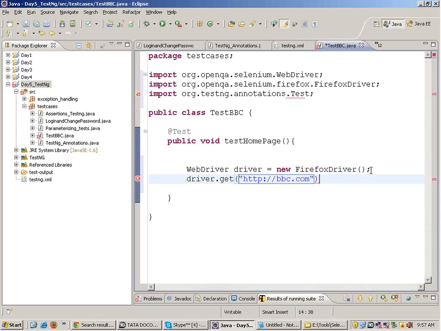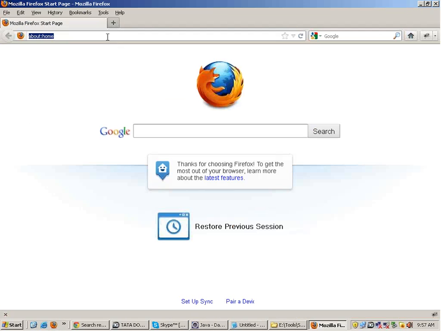Now the thing is, always mention the protocol. Never ever forget to mention the protocol. Otherwise this will not start. Fine. Now suppose if I physically open a browser and I go to bbc.com,